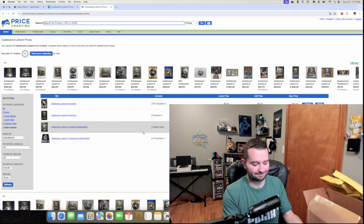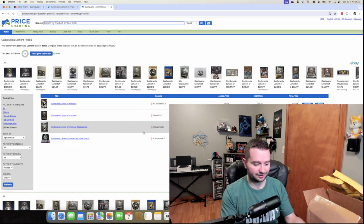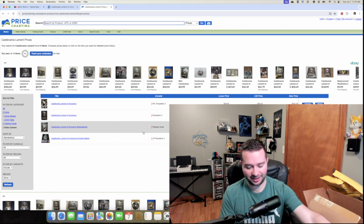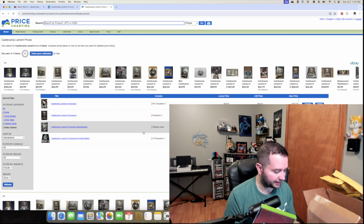It doesn't look like it is complete in box, it just comes with the disc and the case. So far, no manuals in any of the games that I got. Again, am I upset about it? No, the disc is in very good condition. Looks very clean. Looks like it may have been resurfaced, but that should play no problem. And that is Grand Theft Auto Vice City, and I paid